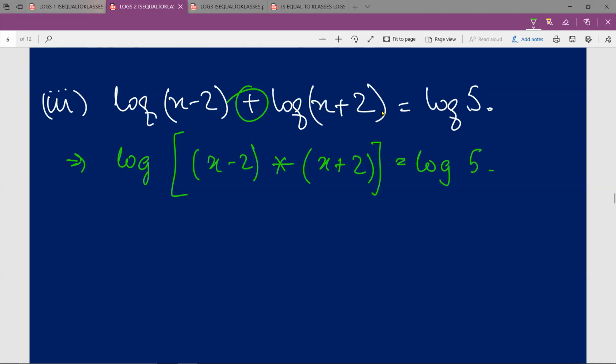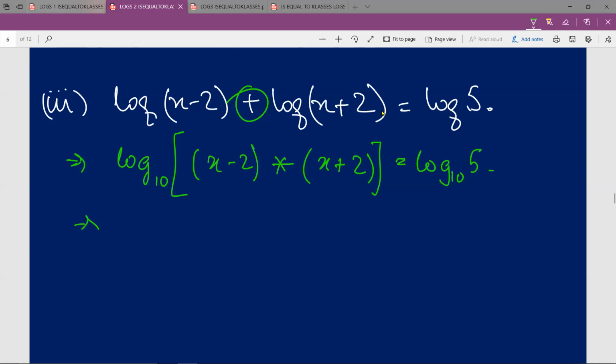Now the base is 10, but I would advise you viewers to just write the base, which is 10. There's no base mentioned here, so therefore this is 10. Even if the teacher says there's no need to write 10, you could assume it as 10 and move forward. You have to write 10 because in certain questions they'll ask you to find it in the exponential form, and without the base you cannot write the logarithmic form into the exponential form. So writing the base will be a big help, not for me, but for you.